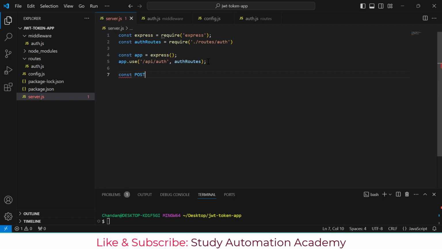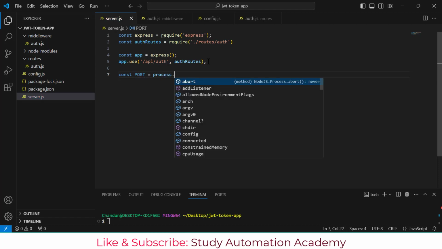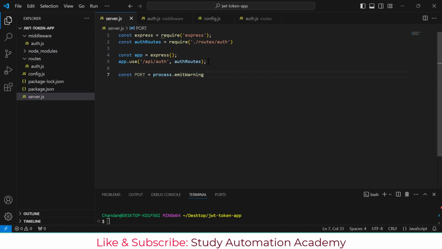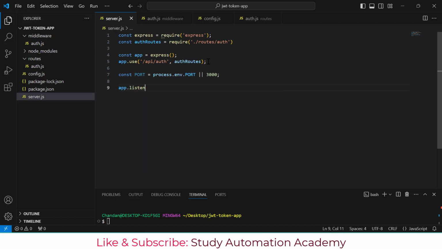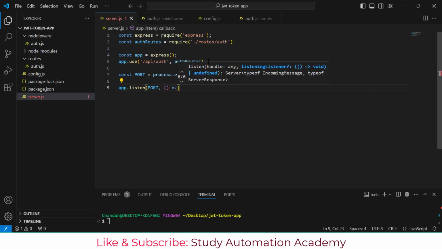So I'll say const port equal to process.env.port. If this is available then we can use it, else we can simply use port number 3000. Then we have to start app.listen, and in this app.listen we can say port and then comma, we have to just use a method,